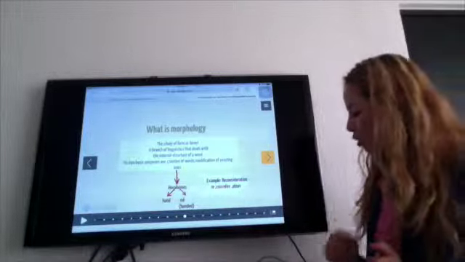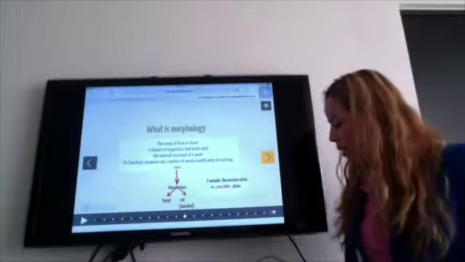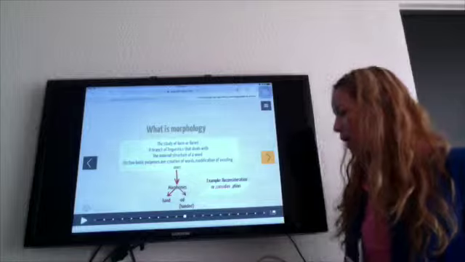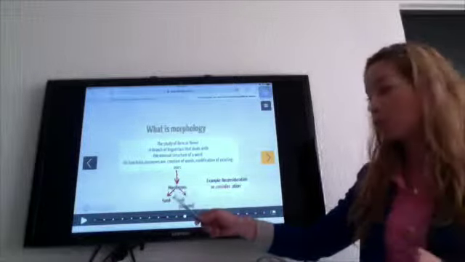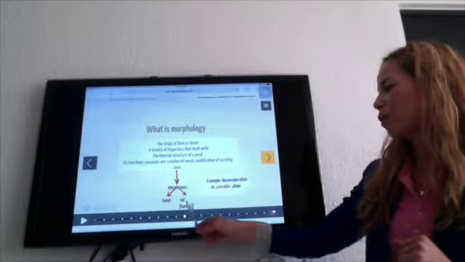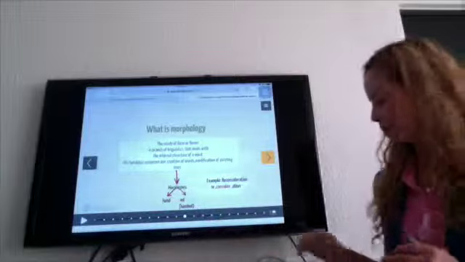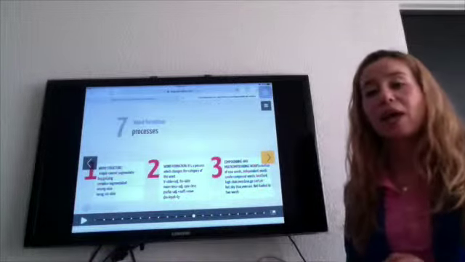In English we have 2 types of morphemes, which are simple and complex morphemes. The simple morphemes, like the one we have here, hand, because we cannot separate it, is the core of the word. And then if we add handed, this will be a complex morpheme because we can separate it, hand and ed.